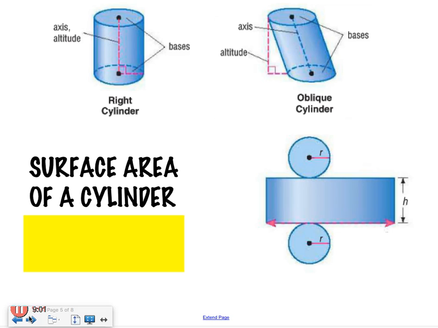What's your base shape on a cylinder? A circle. So how many circles do I have on a cylinder? 2. So if I want to write the base area,